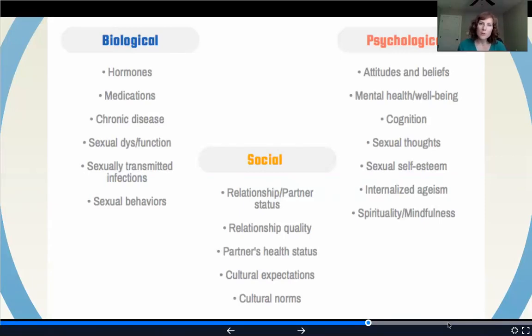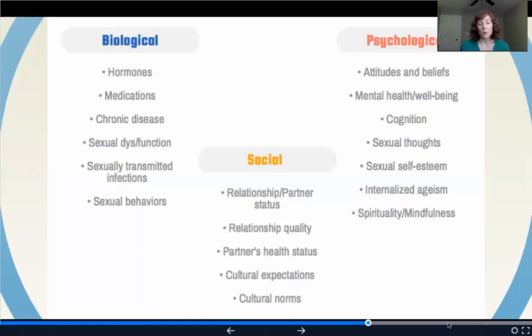There are also, on the social side, cultural issues. And we're going to talk about cultural frames and cultural ideas about sexuality next week as well. But that fits under the social side in that it's environmental, right? So your culture is your environment. How you grew up, where you grew up, the spiritual or religious contexts, the social context, what society says about sex and aging, which also is paired with ageism. But those cultural expectations about who can be sexual, what is right or wrong, those types of things.